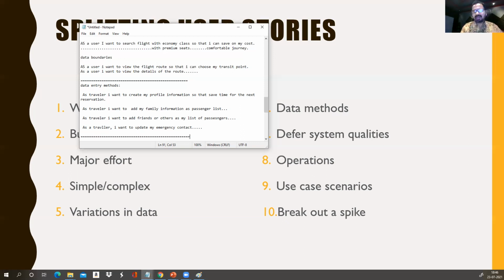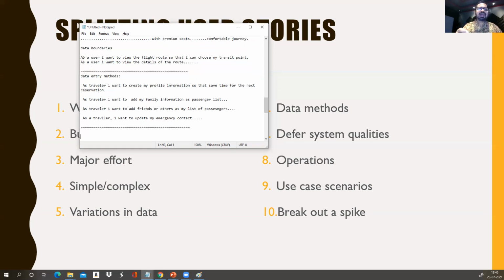Maybe you want to send them one consolidated email, and that is what I would call deferring that system quality or system feature. Initially, when we are building the system, maybe we will build all of these separately. But when we are enhancing the system, we will enhance this at the last. We have independently implemented all of this, and now we will complete the rest of the functionality.